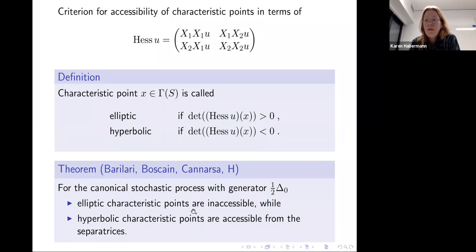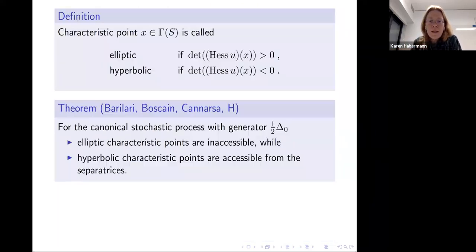And we can further show that if we now take this delta 0, look at the stochastic process with 1/2 of this operator as its generator, because that's the canonical thing you look at, then all elliptic characteristic points are inaccessible, meaning the stochastic process can never reach those points, like it didn't reach them for the paraboloid and the sphere. And hyperbolic characteristic points, they can be accessed, but in fact, there are only like 2 characteristic lines going through this hyperbolic point, which are the separatrices. But from those separatrices, it can be reached. And the proof